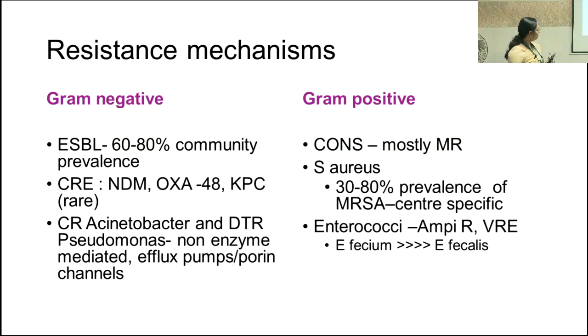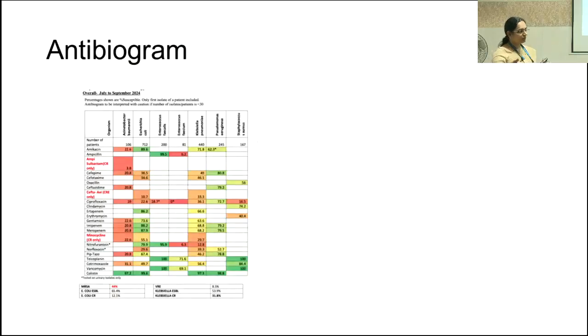Okay. So again, how do I know what I am dealing with? So this is our hospital antibiogram. An antibiogram means every 3 months or so, every 6 months or annually, they would collate all the data of the organisms that are there in the hospital and show the resistance, susceptibility data, basically. So this is how it is done.